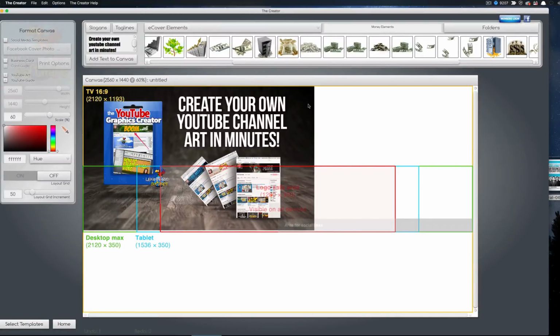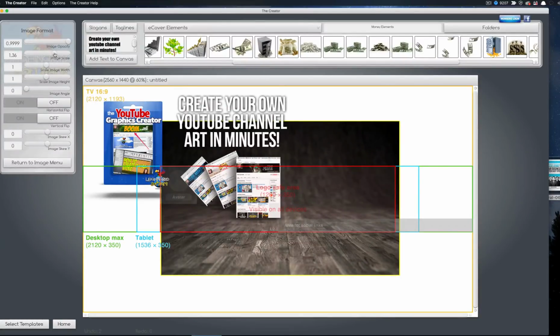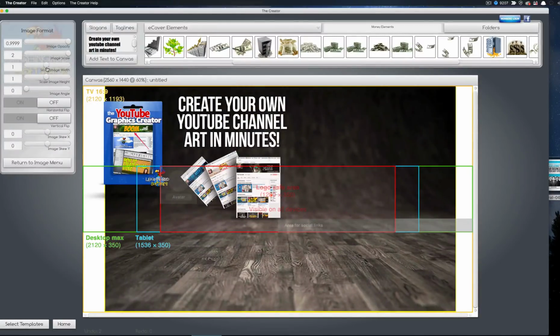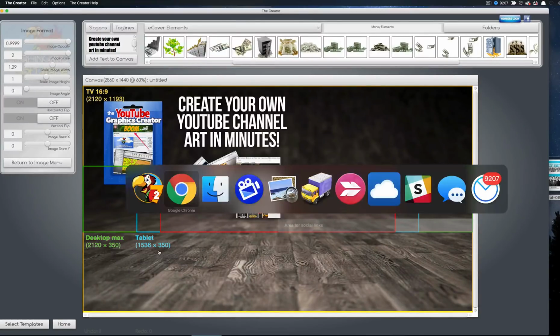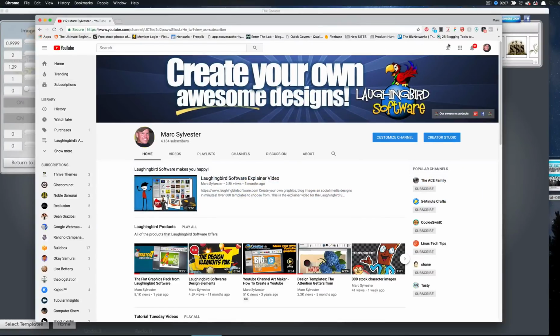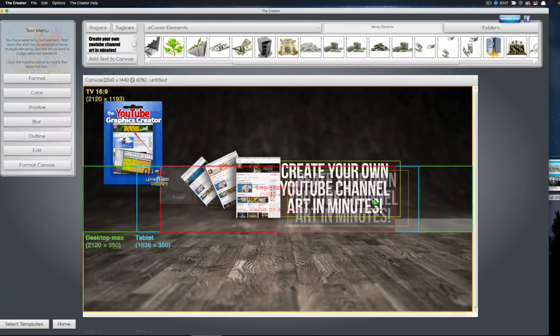So what I have to do is click on the background and manipulate it a little bit. I'm going to make this background really big and wider, and I'm going to set the text inside of this red area, which is where YouTube sets the banner. Here, it sets the banner like this. This is the banner that I made for my own YouTube channel, and I'm going to change this with what I'm creating now. So go back to the creator, and I'm going to set my text inside the red area